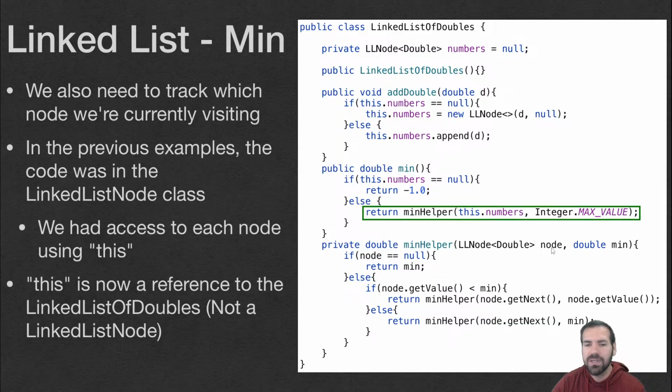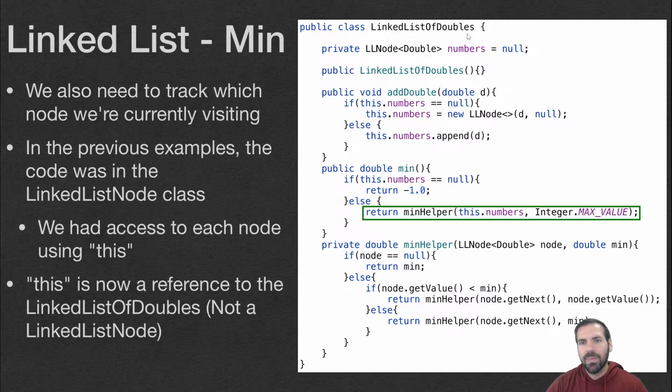So we want to start at the first node. With the previous 4 examples, we didn't have to do this because we were leveraging the keyword this to advance to the next node. And the only reason we were able to do that was, again, because we were in the linked list node class itself. So this was a reference to a linked list node. And if we did this.next.recursive call, this in that recursive call would be a reference to the next linked list node. But now that we're in the linked list of doubles class, we're outside of the linked list node class,